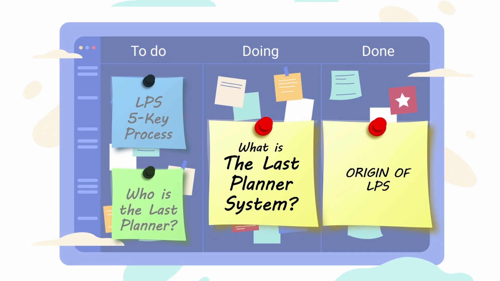Now let's talk about the origin of LPS. The Last Planner System was inspired by a 1980s crew planning study. It was designed by construction practitioners to increase workflow and plan dependability. Lauri Koskela's 1992 important work on applying production concepts to building led to the founding of the International Group for Lean Construction in 1993. The LPS was tested and fully implemented on a Venezuelan refinery project between 1993 and 1994.